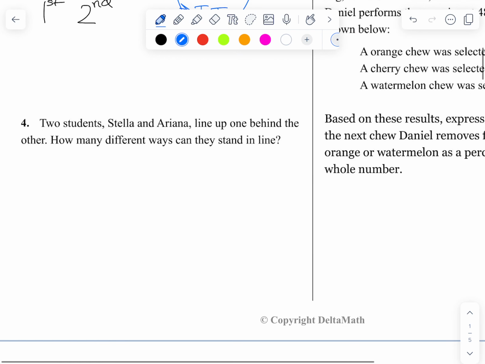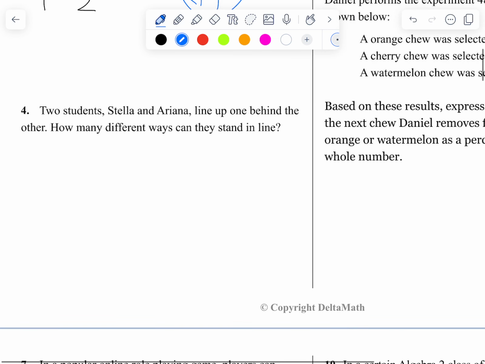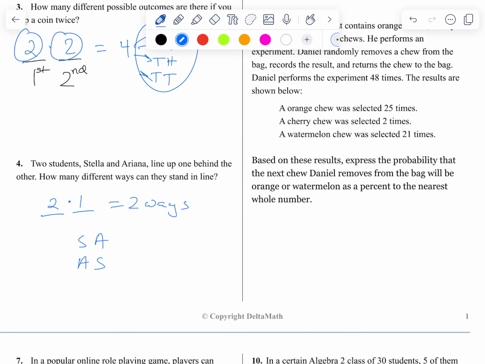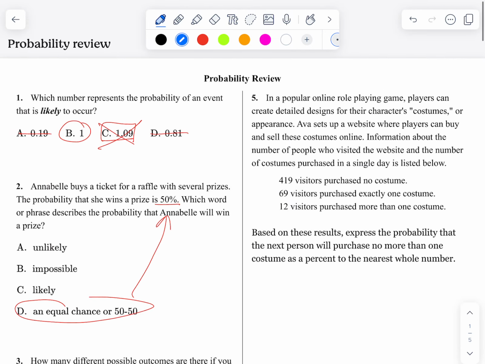Two students, Stella and Ariana, line up one behind the other. How many different ways can they stand in line? So you pick one of them, the first choice. You can either have Stella or Ariana be first, and then you'd have the other one left over, so there's only 2 ways. So really, it's just Stella then Ariana, or Ariana then Stella. Kind of a dumb question, but